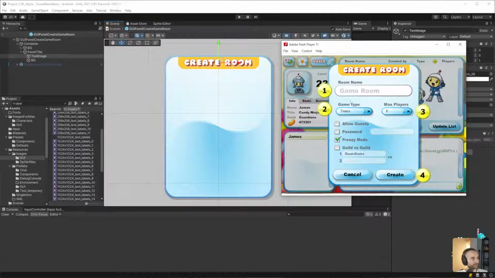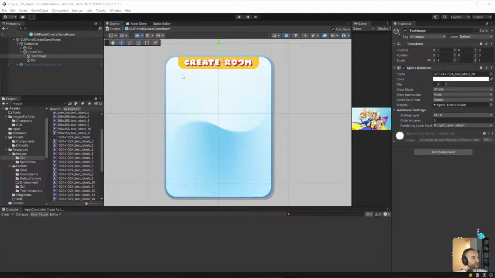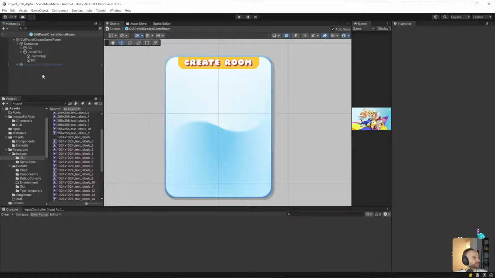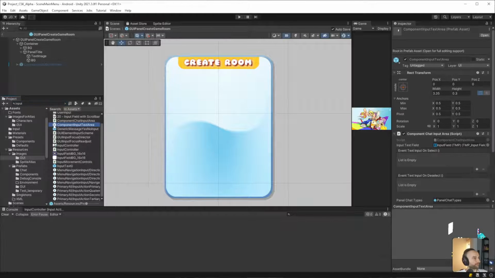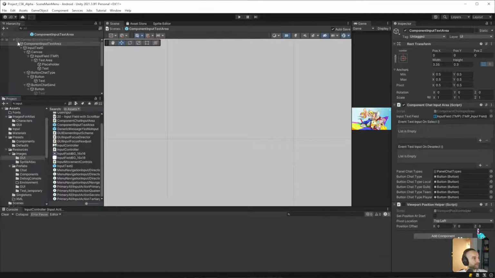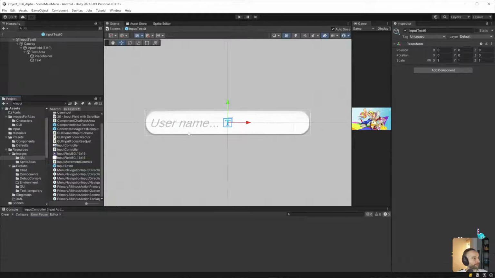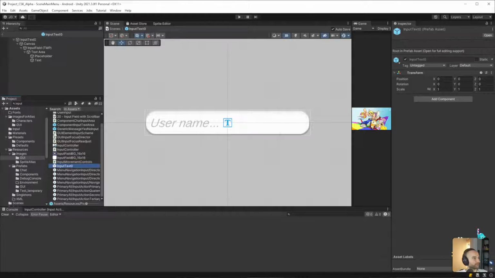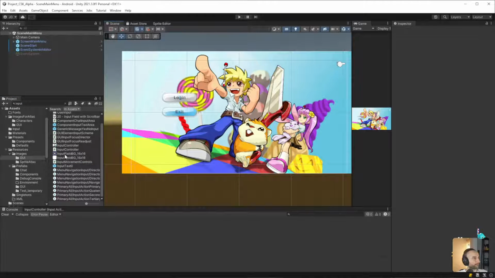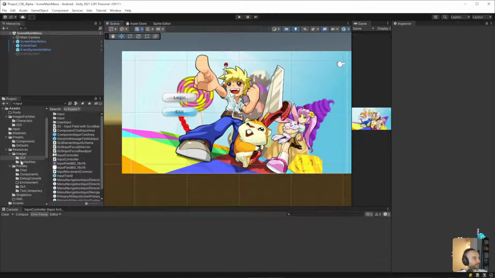But let's build this out though. So what we want is a text input field, which we do have one. I have a prefab made specifically for that. So it's input. I think it's this one. No, definitely not that one. That's the one that I want. So it's input text 0. Oh.